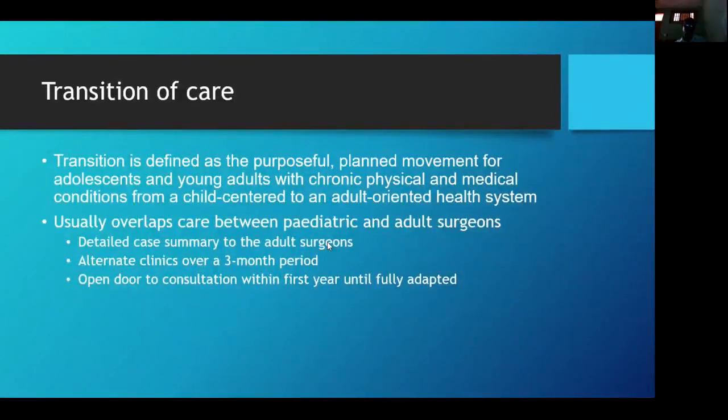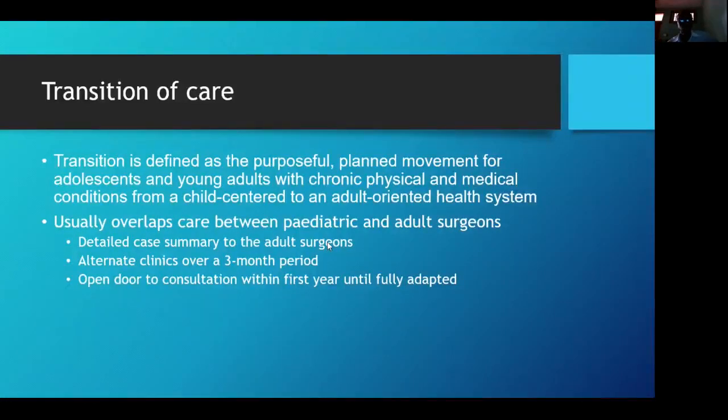Now, one final thing that I would like to talk about is the transition of care. Of course, we said for adolescents, they are almost adults. The adolescent period is a period whereby a child transits from childhood into adulthood. This is gradual. It spans a long time. By WHO standard, it's from about 10 years of age to about 18 years of age before they attain that